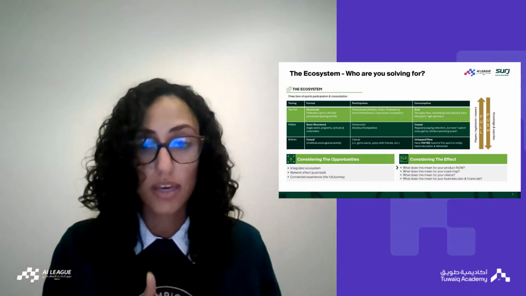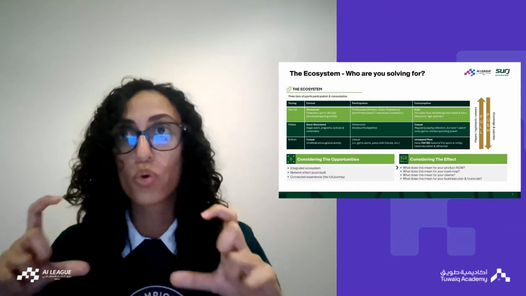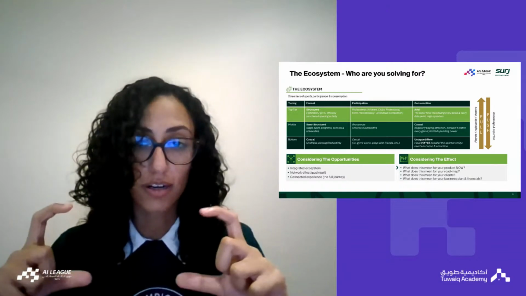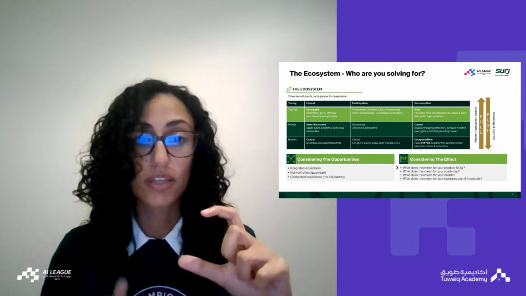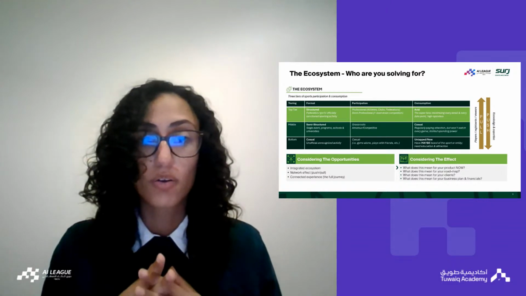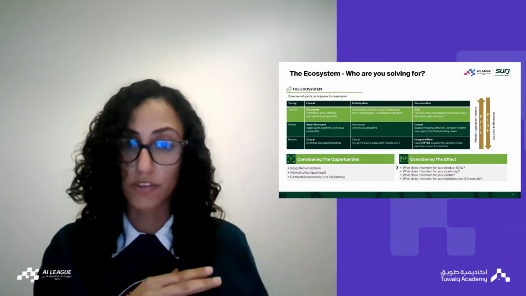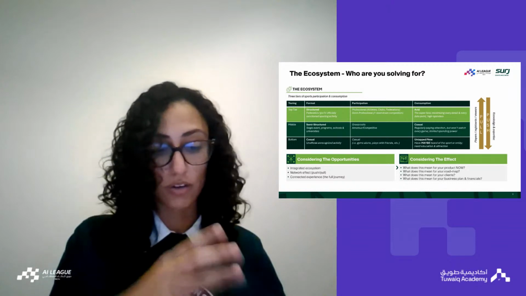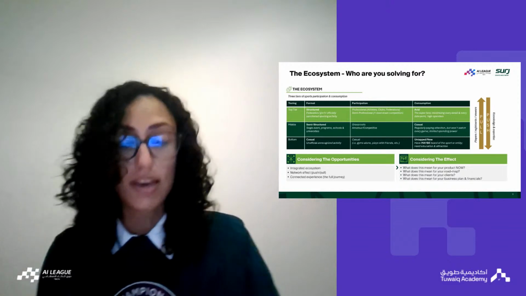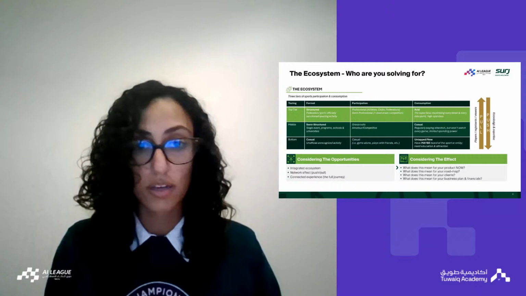But the important thing is to be clear on who you're targeting. Within this quadrant, who is your key target audience and who is your secondary audience? Focus on the key target audiences and make considerations for the second target audience as a part of your roadmap. So really the idea is also to stay focused, similar to what we said on the feature set, but making sure that as you're focusing on your feature set, you're also focusing on who the users of that feature set are going to be. And then consider how you can use your technology to integrate between the different tiers of the ecosystem.